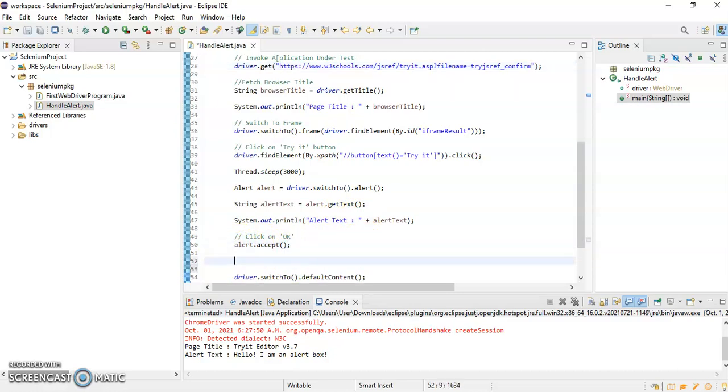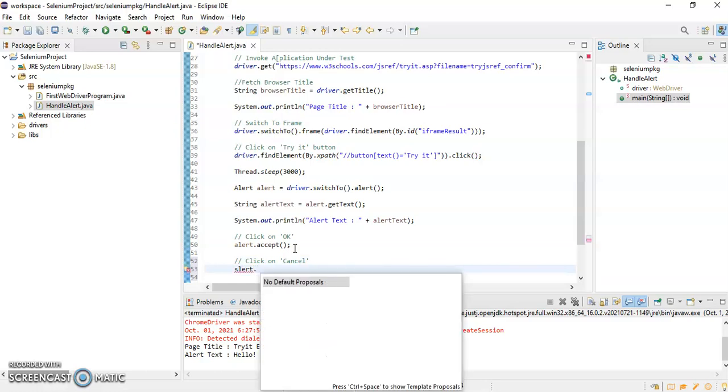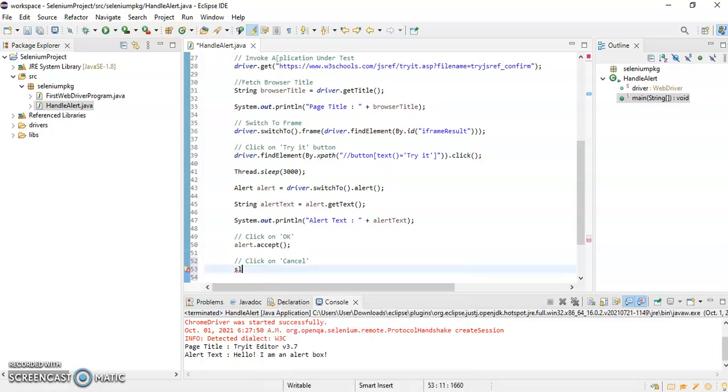Or else if you want to click on cancel, then you have to call one method that is called dismiss. So you have to write alert.dismiss. I am just commenting this out. So let me run the script again.